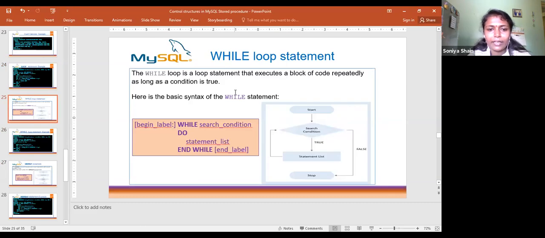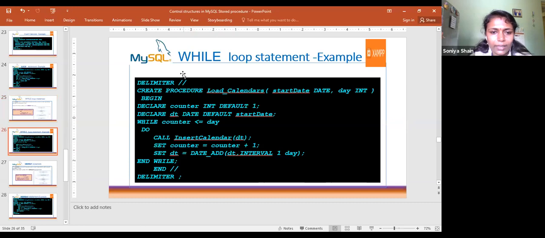I have taken the same program for illustration. Just go for the syntax: while, condition, do, end while. So you have to write the repeating statement inside do. In the loop there is no do and all, only loop, end loop, then the condition you are checking. So here it will be while, the repeating statement, end while. While, you have to write the condition. If the condition is true, whatever statement is inside the do will execute, then end while. If you require, you can give the label. It is not a must, it is optional. Label is optional. Okay.